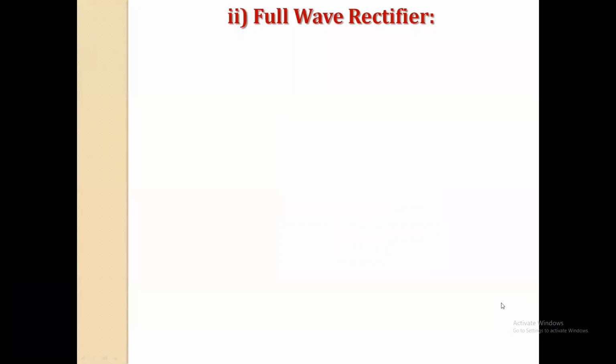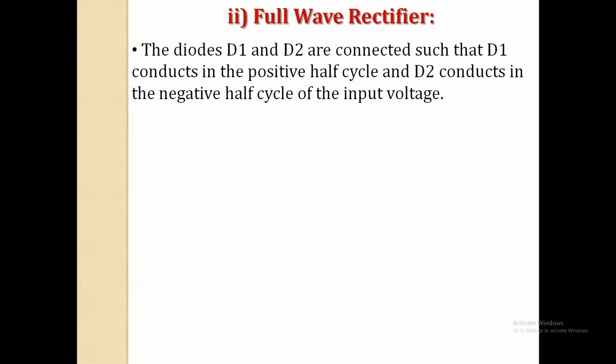Okay, so all of you please concentrate here. In the morning session, we discussed the center tap full wave rectifier circuit. Am I right? Now try to read it. In the center tap full wave rectifier circuit, a center tap transformer and two PN junction diodes are used. We say diode D1 and diode D2.